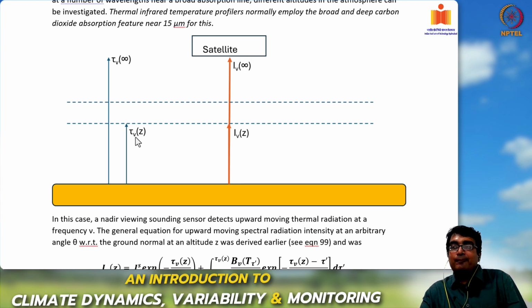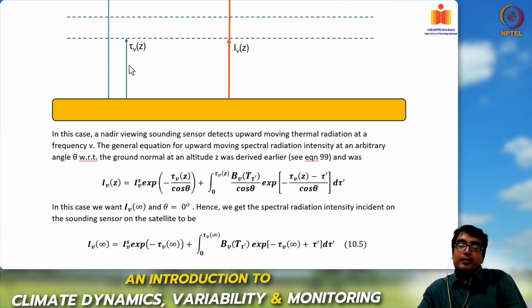The optical depth of the atmosphere at the altitude z is tau nu z, and at the top of the atmosphere is tau nu infinity. Then based on the Beer-Lambert law integration, as we did when we looked at the transmission of IR radiation in the Earth's atmosphere in one of the earlier weeks' lectures, we saw that the radiation